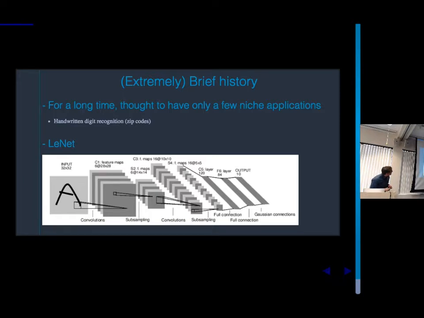In particular, they've been used since the 80s and 90s, I think, to do handwritten digit recognition. But a lot of people back then thought that they were really a narrow class of model. There was a lot of hype in the 40s and 50s when they first came out. People thought that we would be able to simulate human brains by 1958 or something. And that turned out not to be true at all. So they fell into disregard for a while. This network down here is one that was popular in the 90s for doing digit recognition.